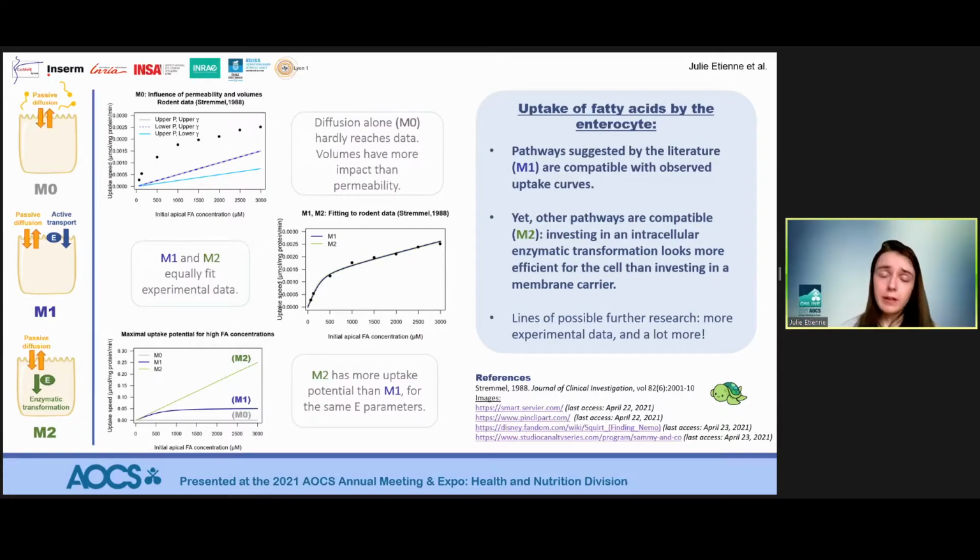And last but not least, if our mathematical modeling provides new insight into this uptake of fatty acid by the enterocyte, it also highlights the need of new experimental data in order to quantify and differentiate different uptake fluxes, if more than one. And we hope this is also the first step of the idea of modeling a full